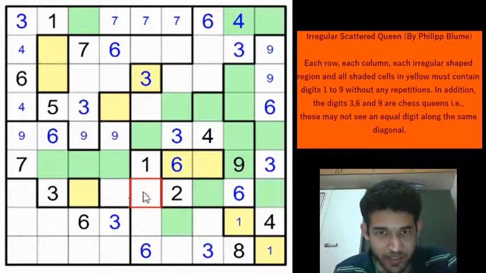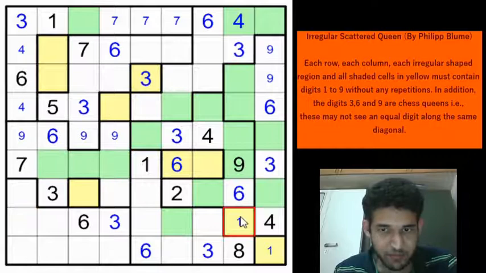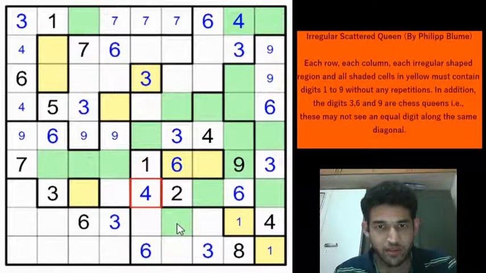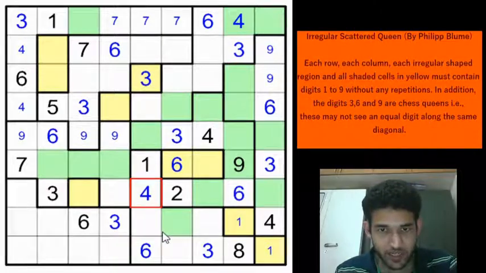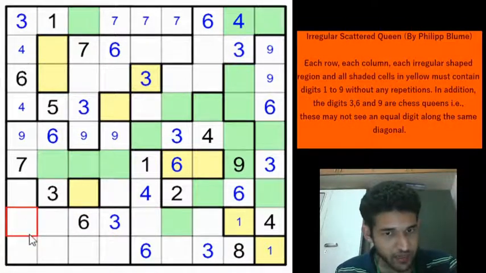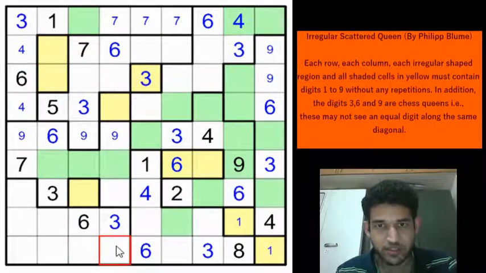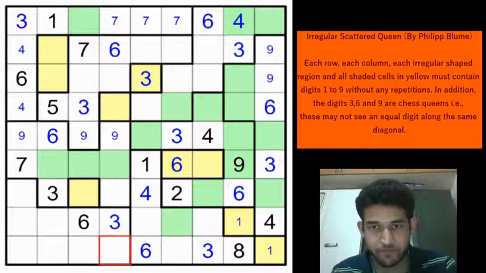If you remember, these 3 cells I said at the start must be the same as these 3 cells using the irregular property explained, inode property rather. So 4 must be here, right? Okay. Is that giving us any more force? So 4 will be in one of these 3 cells, because 4 can't be here and 4 can't be in any of these 3 cells. 4 can't be in row 9 column 1 as well because of the 4 in one of these cells. So 4 will be in one of these 3 cells.